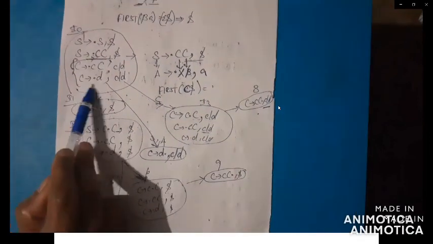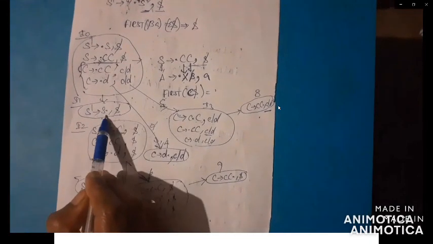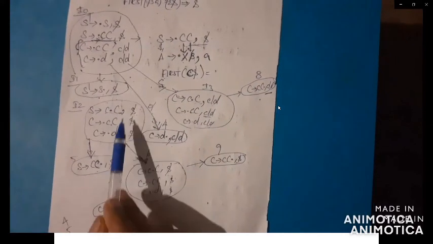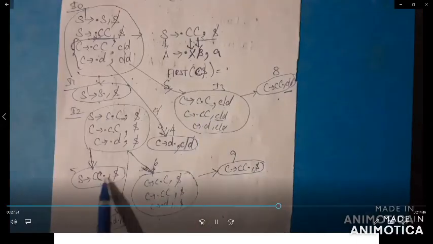Next production, C tends to dot D. So dot D means you got to check for C tends to D dot. The same production will be entered in D productions. Then I naught is completed. Then go for I1; the grammar will be entered, then you can stop the production. Then go for I2, C dot C. Dot C means you got to write for the C production. Dot C, C dot D. Beta is empty, so dollar means you got to write the dollar symbol. Then go for I3, then I4.